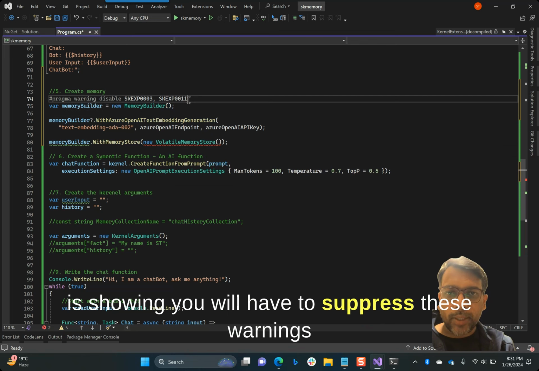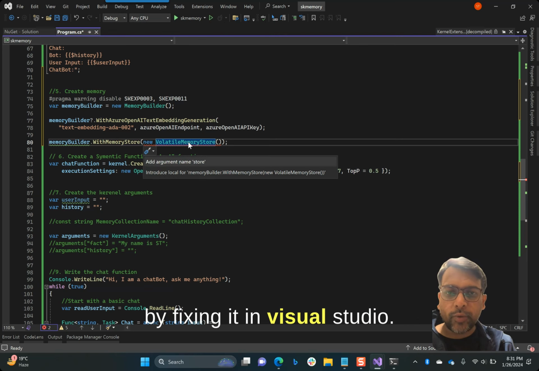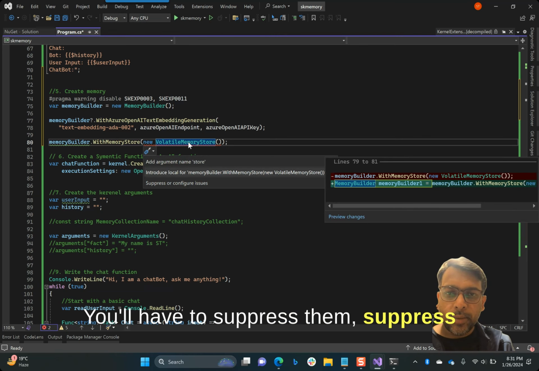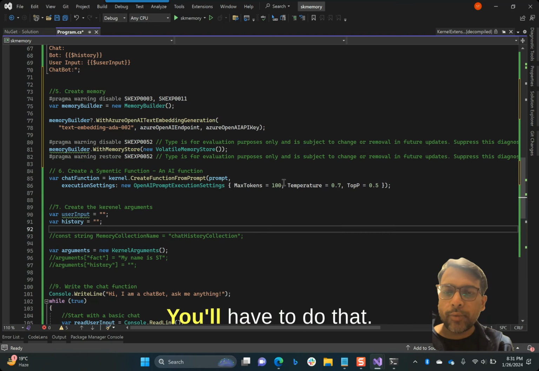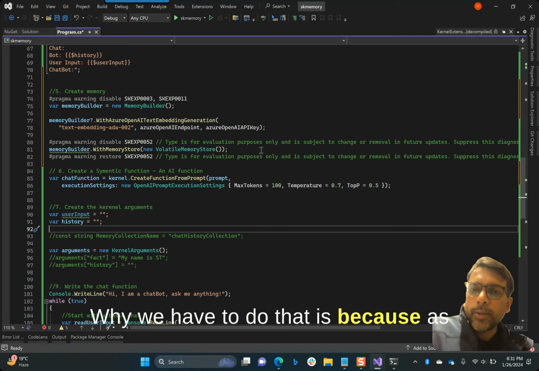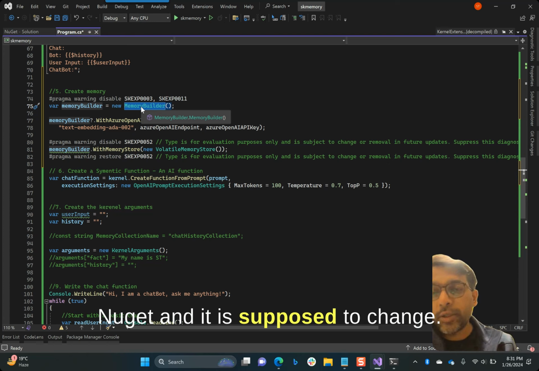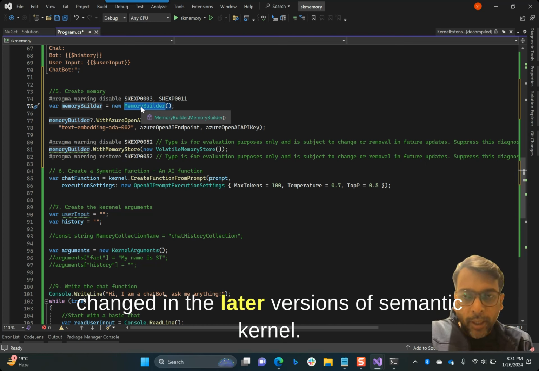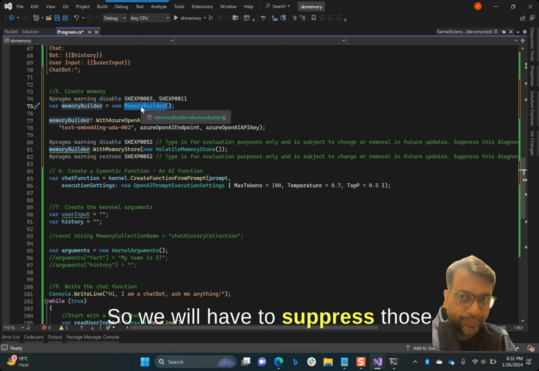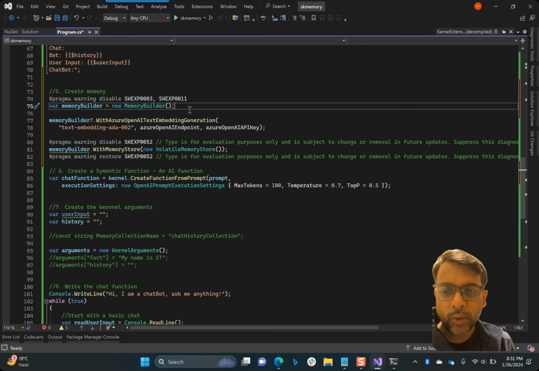So you will have to suppress these warnings by providing this pragma, or you can do that by fixing it in Visual Studio. You'll have to suppress these configuration issues in the source. Why we have to do that is because, as I said, this is available under pre-release of NuGet, and it is supposed to change. So it might get deleted, it might get changed in the later versions of Semantic Kernel. So we will have to suppress those warnings by using this pragma warning disable notation on top of